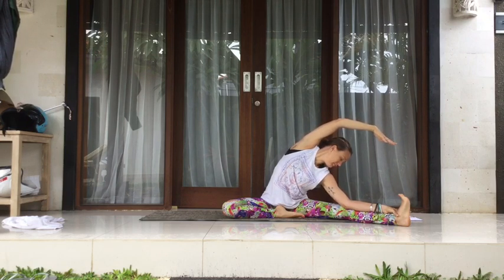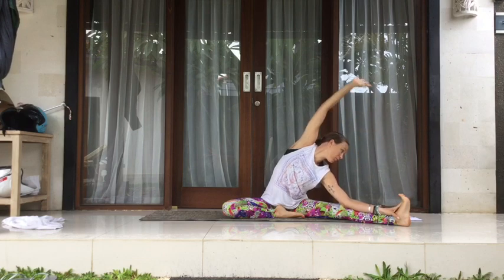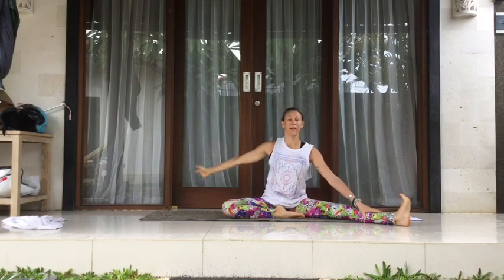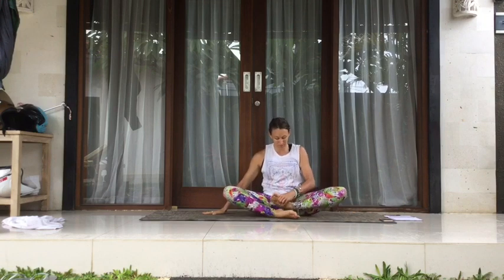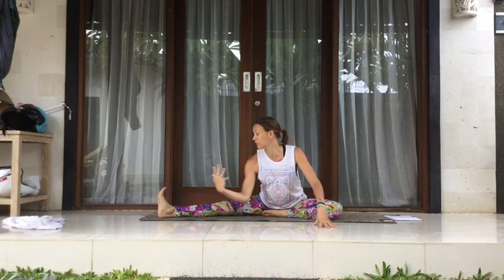A full breath in and a full breath out. And on the inhale, come all the way back to center and then change over to the other side. So bend the left knee in, straighten the right leg out, bring the hands out in front, flex the right